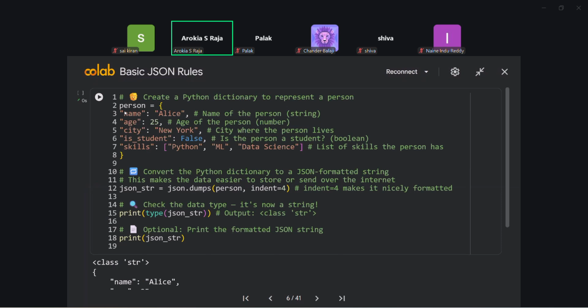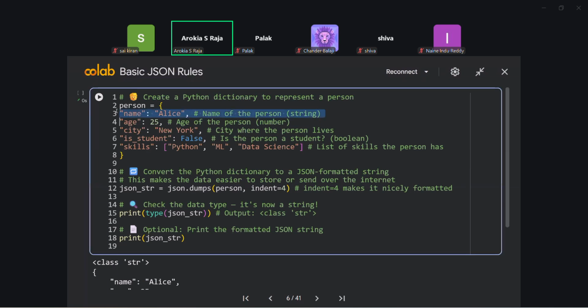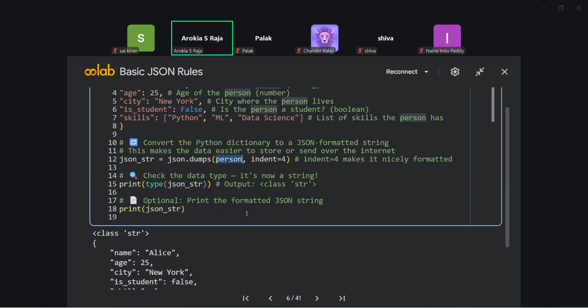We are creating a person, which is a Python dictionary with key value pairs: name Alice, age 25, city New York, student false, and skills, a list of strings. And then we use json.dumps, which converts this person dictionary